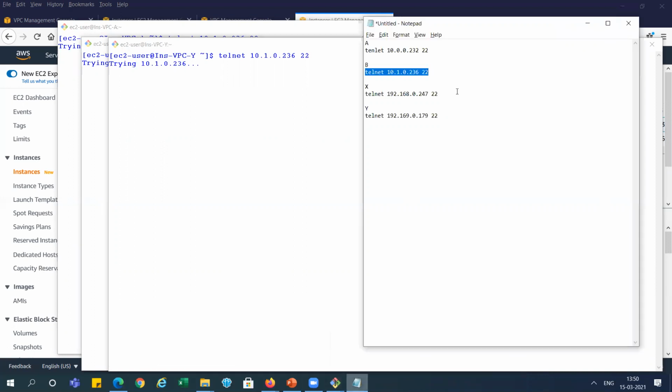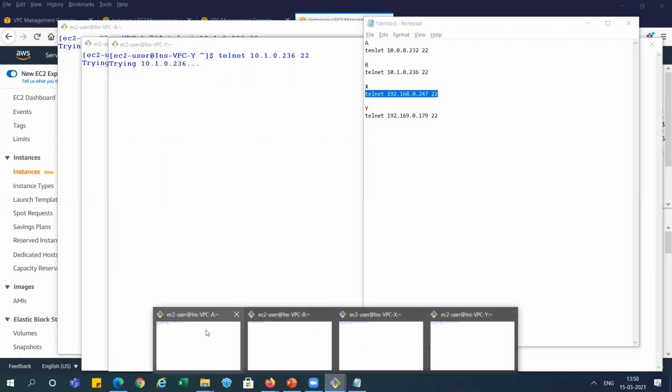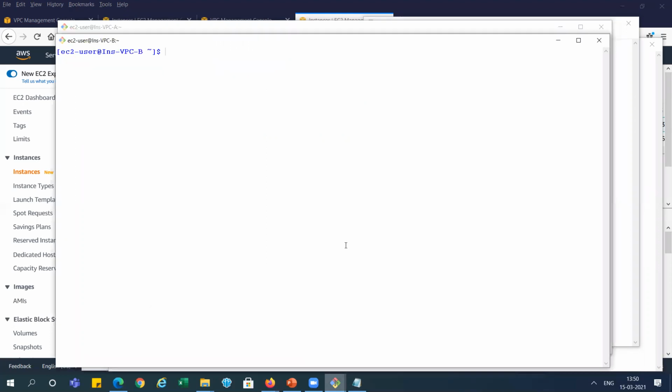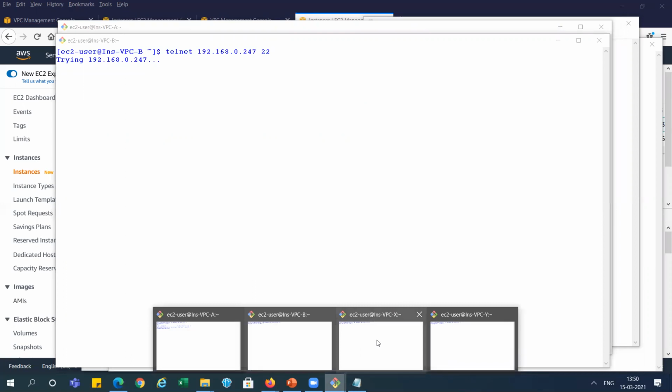So next step we will go and connect to the X, right? So we will go and connect to the X. From A it is not trying to connect, so I'm canceling it. Now trying to connect to X also from here, and from B also I'm trying to connect, and from X not required.